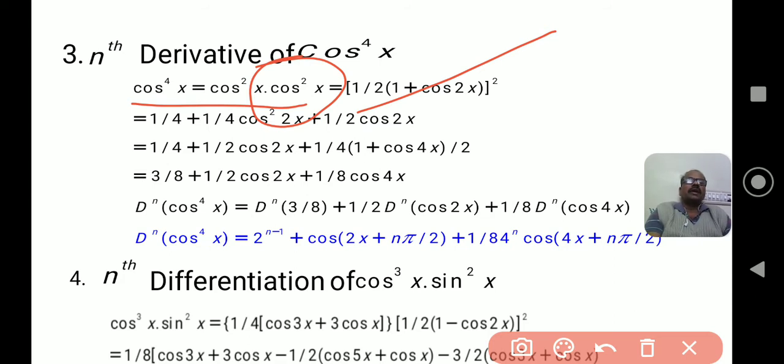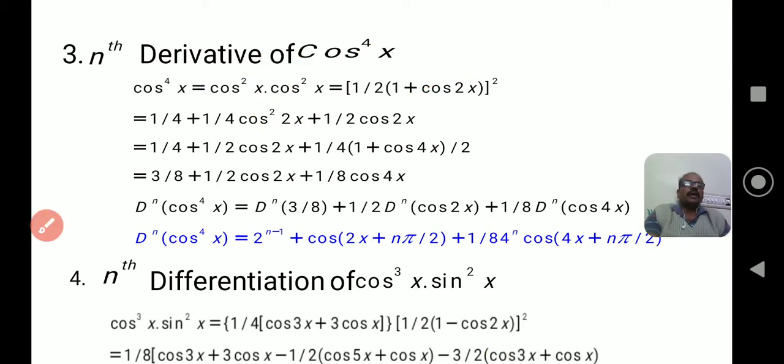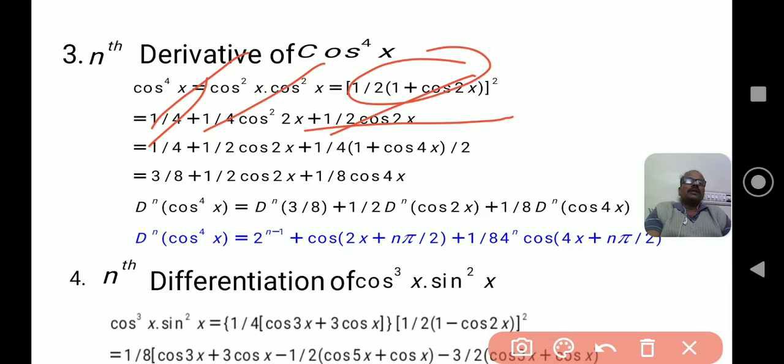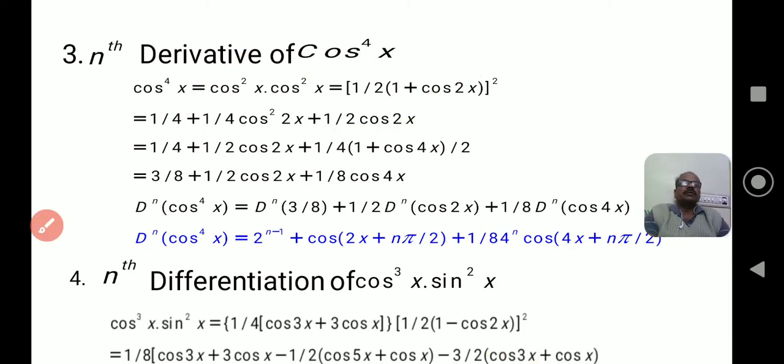Finally I am writing this result as, cos square x into cos square x, it becomes 1 by 4 times of, this is an a plus b whole square formula, 1 by 4 plus 1 by 4 into 2ab, we are writing 2 into ab. Finally we write 1 by 2 into cos 2x, it is a square plus b square plus 2ab. Okay, next observe the results here. After expanding the a plus b whole square, we are making the function in terms of linear form, that is my intention.